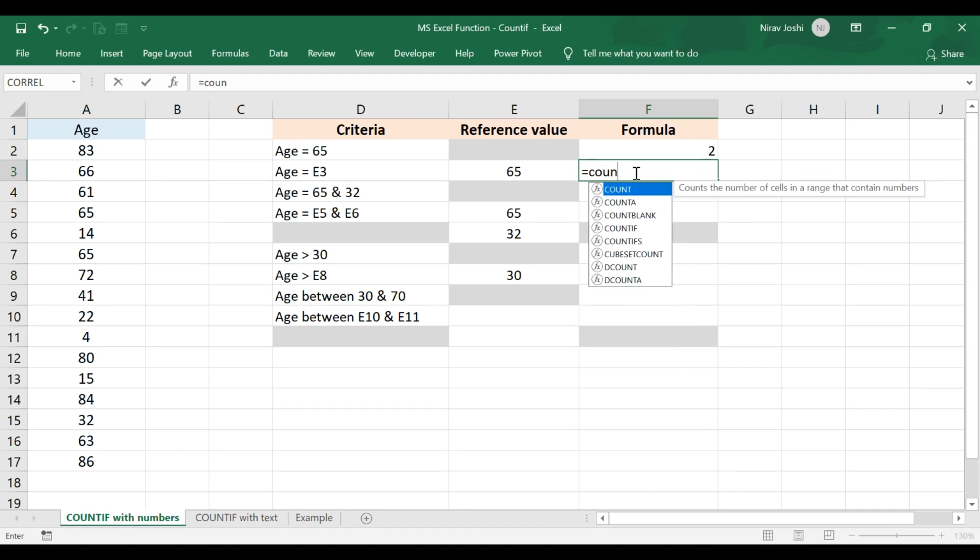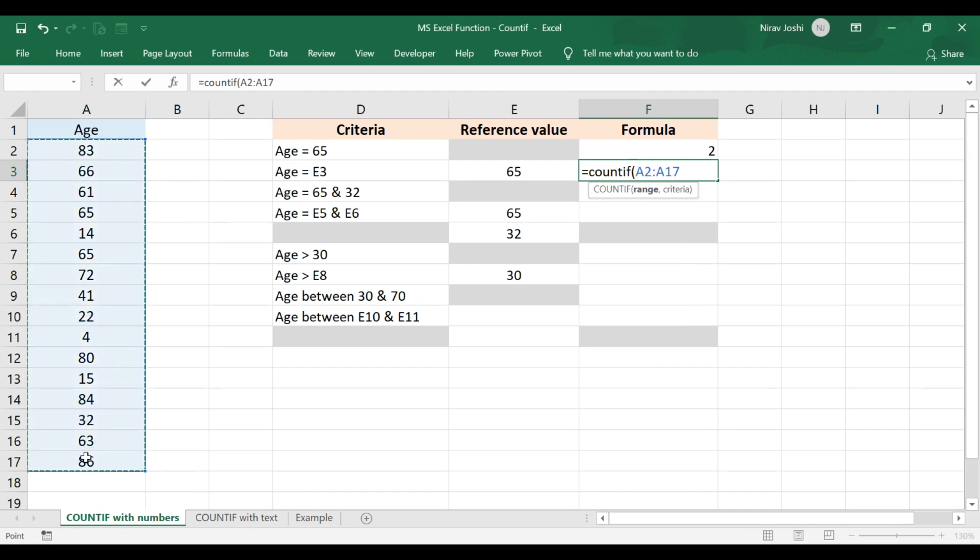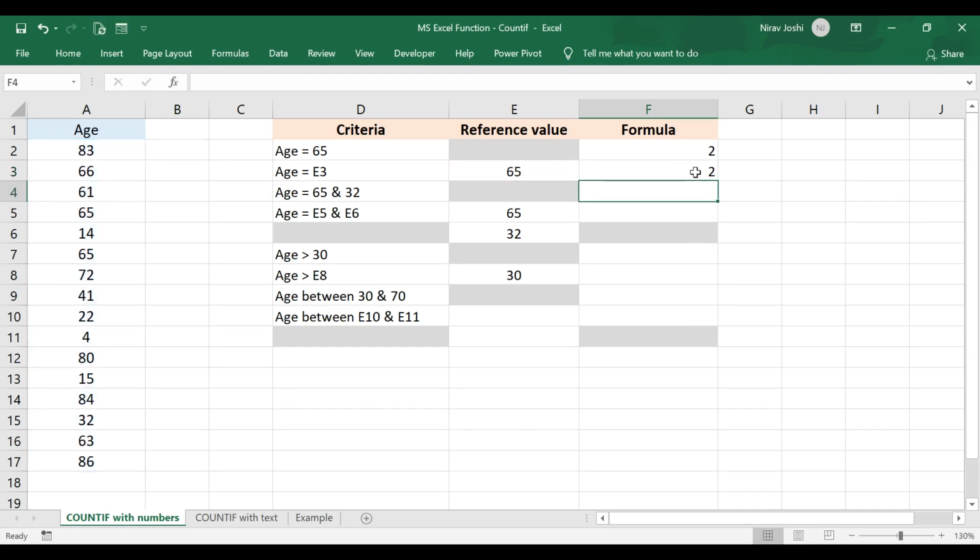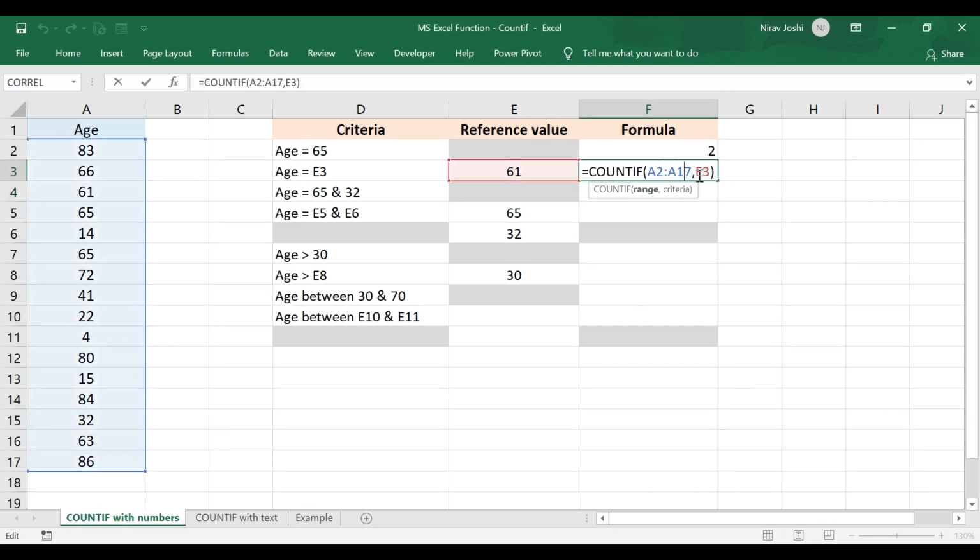Now we can also use a specific cell as a reference to apply this formula. For that we use the same one, COUNTIF, select the range, comma, and select the specific reference cell. Complete the parenthesis, enter, and it will give the total count of the cells which fulfill the criteria. Now if you change the value here, it will automatically change the count based on the specified value. Here we have used relative referencing, but if you tend to drag this formula downwards, you should be using absolute referencing here. Otherwise the value would change, as we have already discussed in the previous video on absolute and relative referencing.